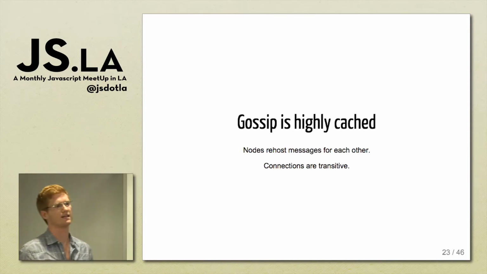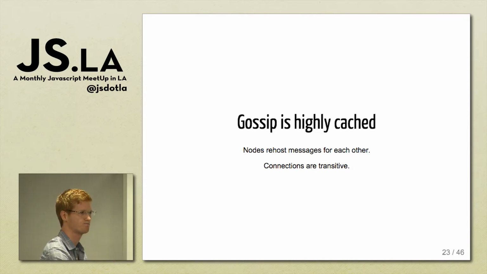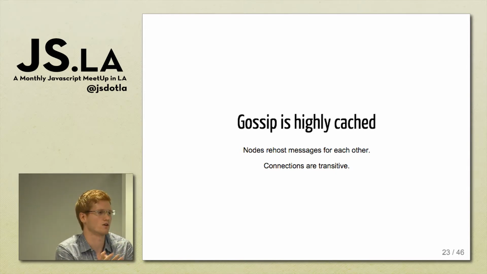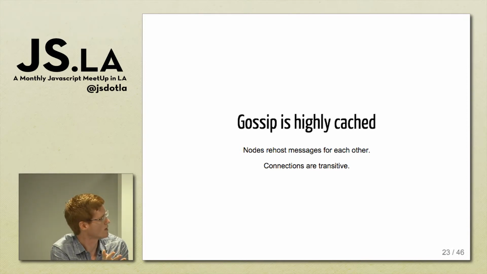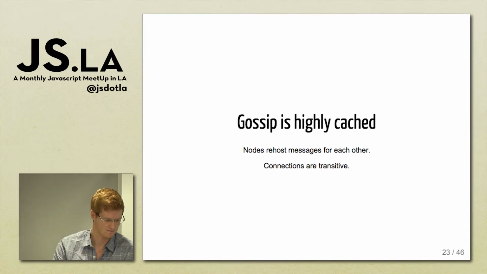Now, gossip is a highly caching protocol. What that means is that it's fairly trivial for a single node to basically rehost a feed on behalf of somebody else. So if Alice sends her feed to Bob, Bob can then host Alice's feed to Carla, right? And this helps us get what you call a transitive connection. Because of Bob in that scenario, Alice and Carla are able to connect to one another, right? And so that's how we can get a large amount of connectivity through the network without necessarily having direct connections.